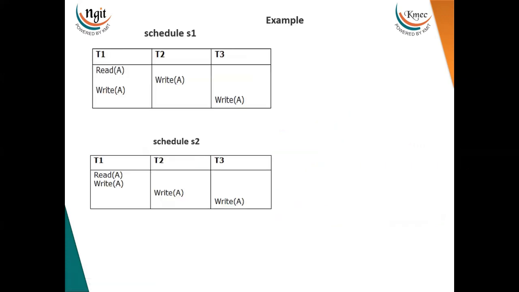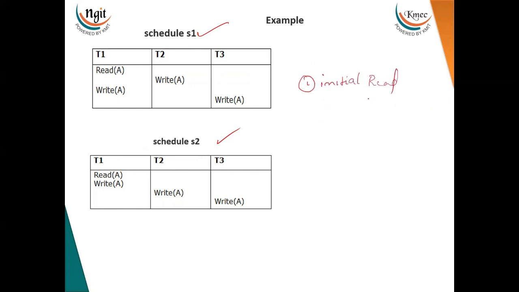Now we have those two schedules, namely the S1 schedule, and we have another one which is the S2 schedule. Here we have three different transactions, T1, T2, and T3. In schedule 2 also we have transactions T1, T2, and T3. Remember all the three conditions which you have learned to satisfy whether the schedule is view serializable. So what is the first condition we have? It is